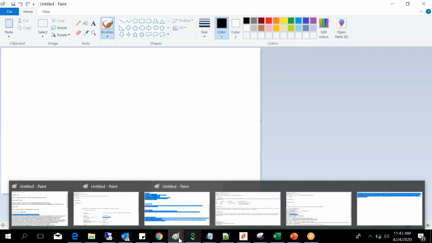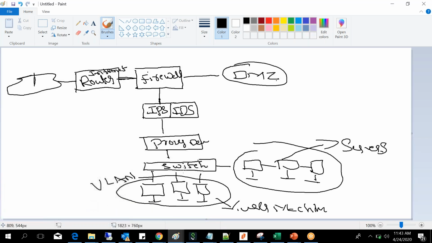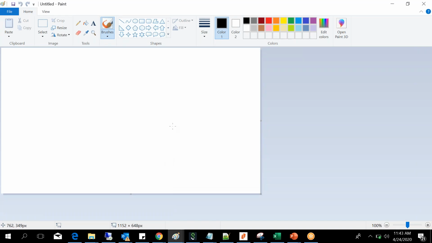Now, the next device is, what is the next device? IPS, IDS. Yes, we missed the IPS. Intrusion prevention and detection. The name itself is telling.